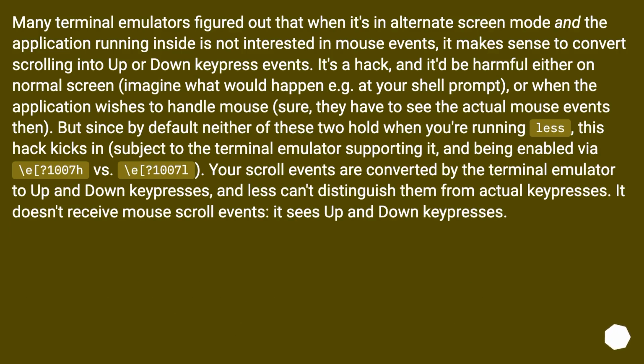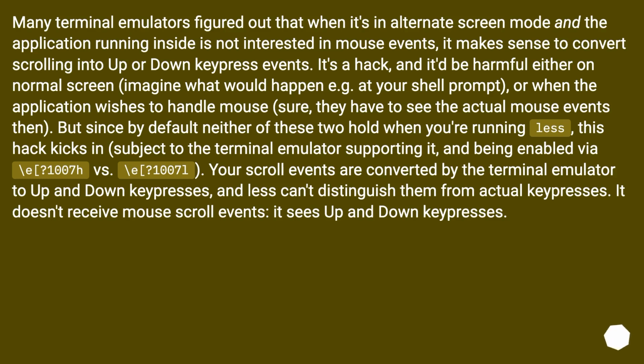Many terminal emulators figured out that when it's in alternate screen mode and the application running inside is not interested in mouse events, it makes sense to convert scrolling into up or down key press events. It's a hack, and it'd be harmful on the normal screen. Imagine what would happen, for example, at your shell prompt, or when the application wishes to handle mouse. Sure, they have to see the actual mouse events then. But since by default neither of these two hold when you're running less, this hack kicks in, subject to the terminal emulator supporting it, and being enabled via